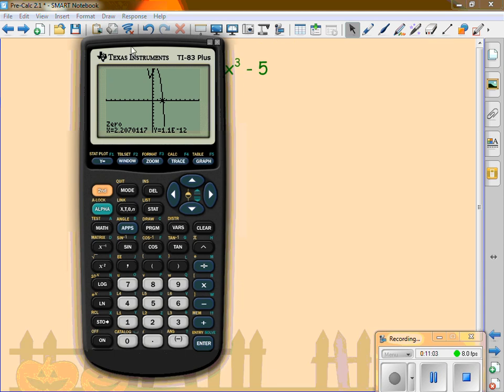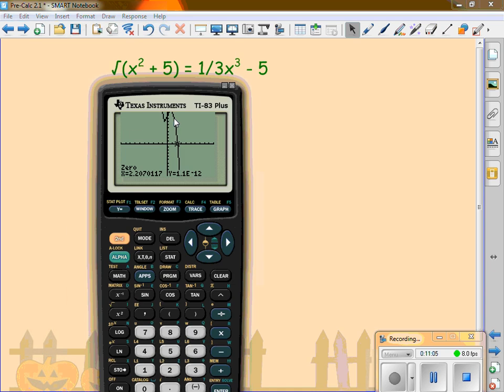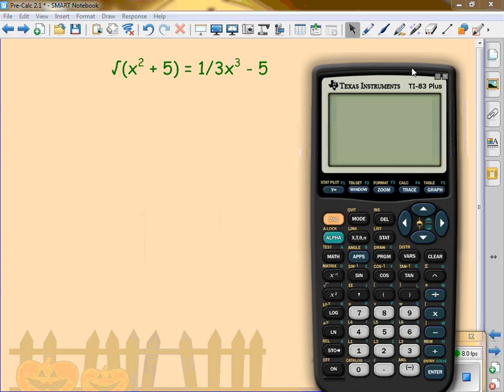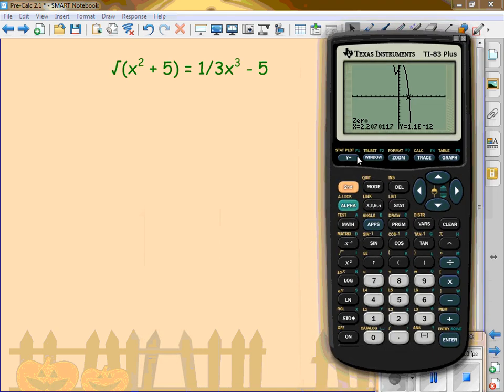Guess what's behind the calculator? Guess which one? Same one as before. I want you to try to do this one with the x-intercept method and see if you get the same exact answer. When I rearrange this,